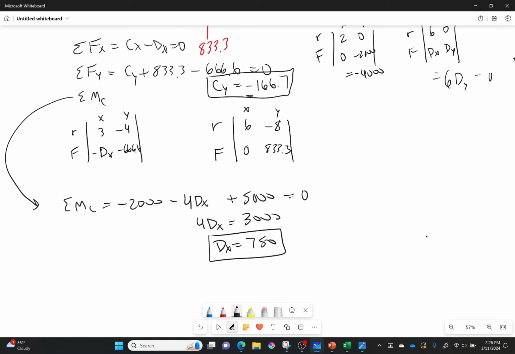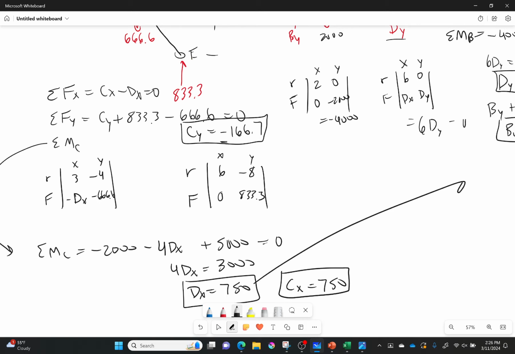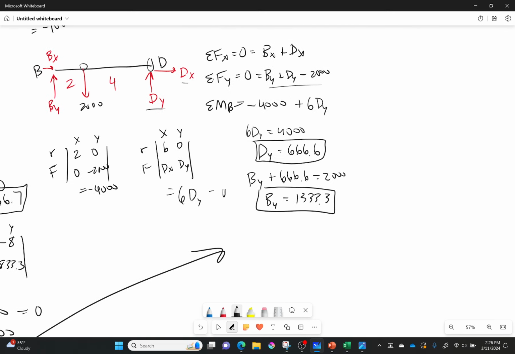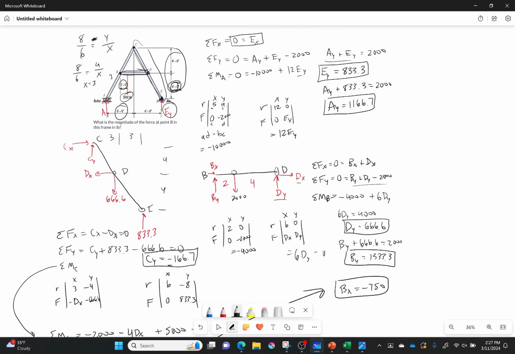Okay, now with this, we have enough, I believe, to solve everything. We know that CX is equal to DX, that's going to be equal to 750 as well. And if we know DX, we can go all the way back over here and solve for BX, because BX is equal to negative DX. So let's see, yes, BX is equal to negative 750. And with that, we have absolutely all of our values for this entire free body diagram, for this entire problem